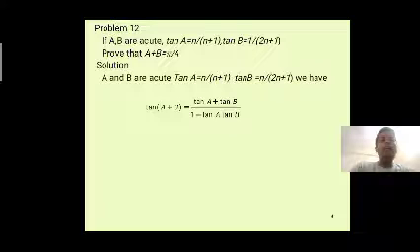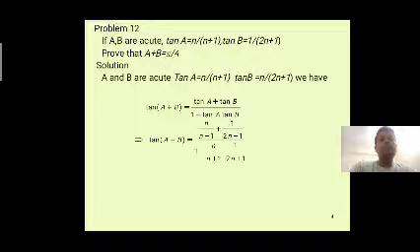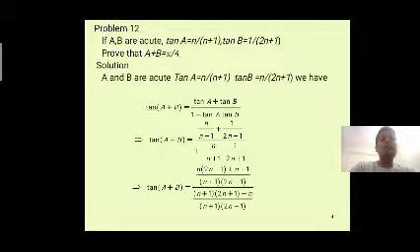We know that tan of A plus B equals tan A plus tan B divided by 1 minus tan A into tan B. This implies tan of A plus B equals, in the place of tan A we substitute n by n plus 1, tan B equals 1 by 2n plus 1, divided by 1 minus n by n plus 1 into 1 by 2n plus 1. Tan of A plus B equals, now we do the simplification by using the LCM, we get the result.